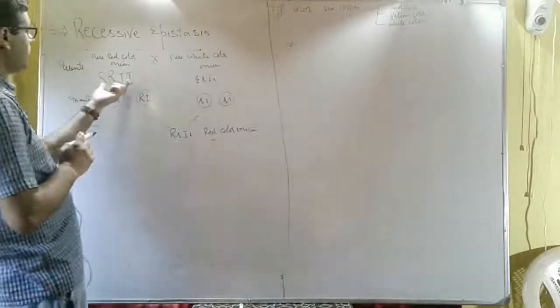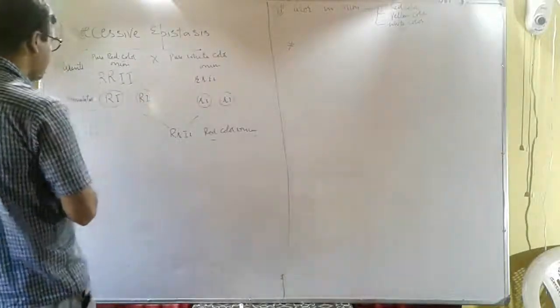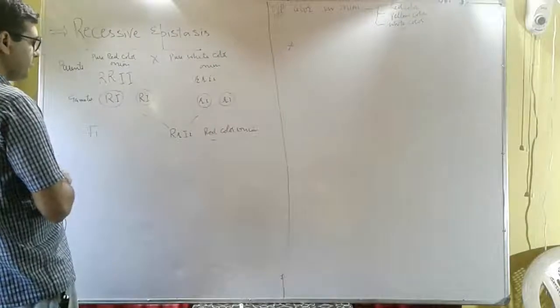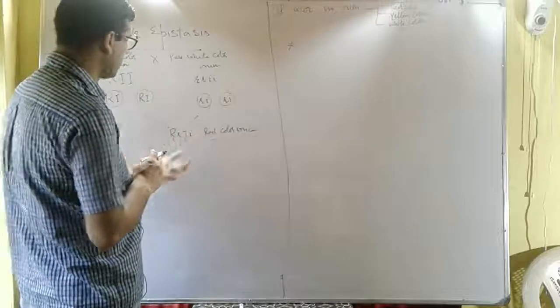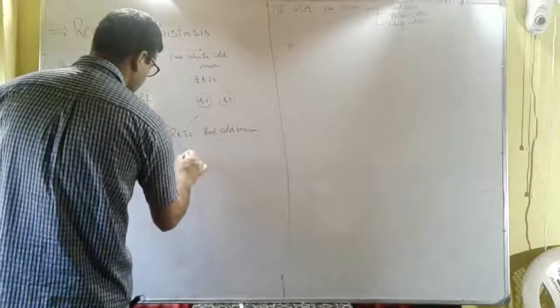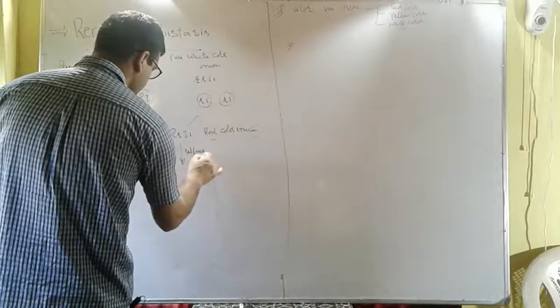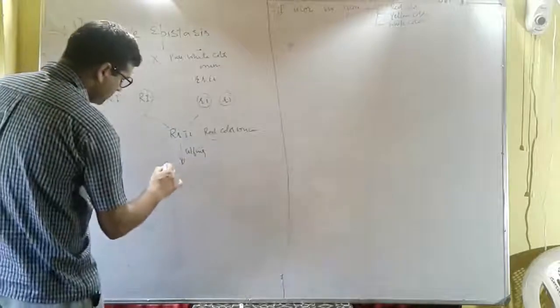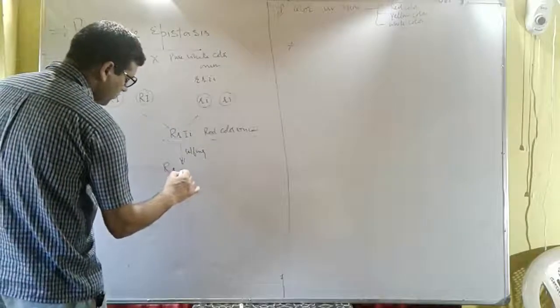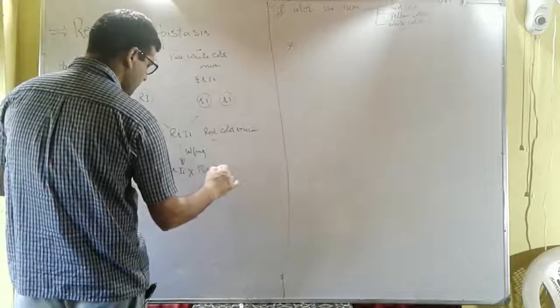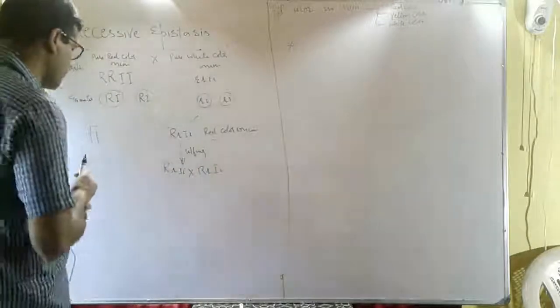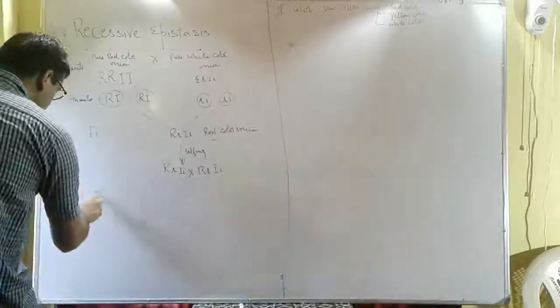These are red color onion and this is white color onion. We'll make a cross, and in the F1 generation we got red color onion. Then we will go for the selfing, that is red color onion crossed with red color onions. In the F2 generation we will get